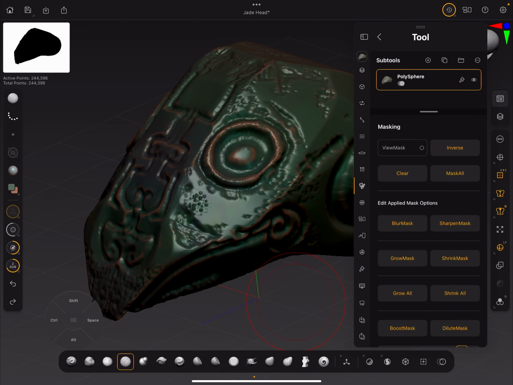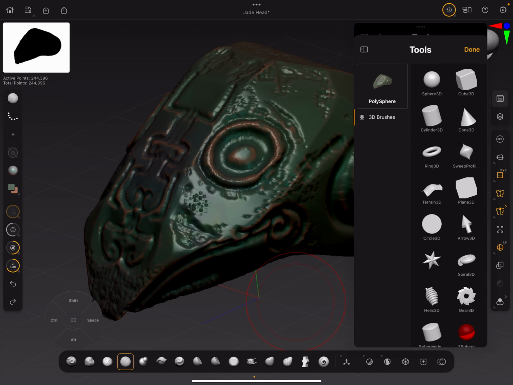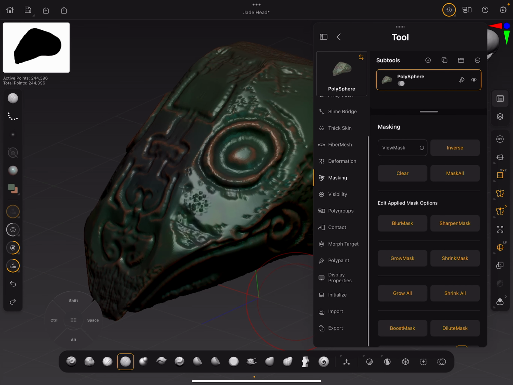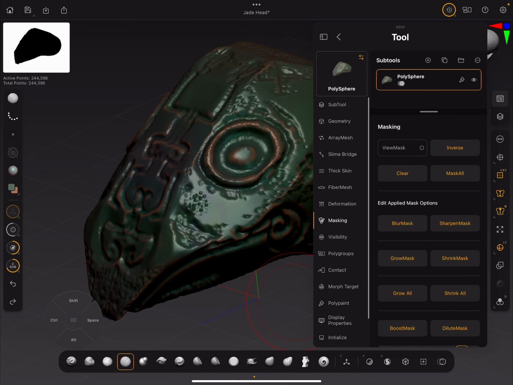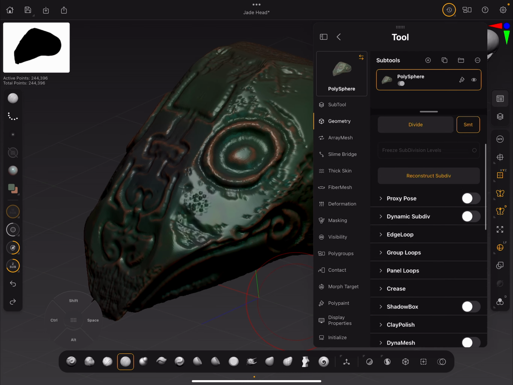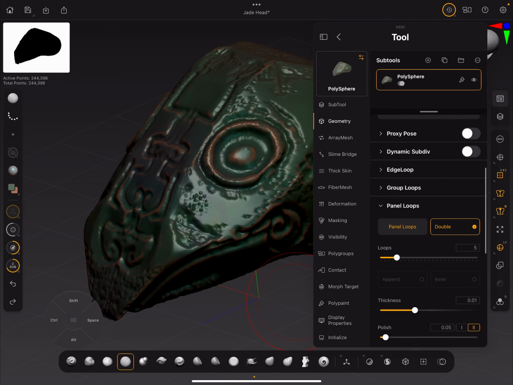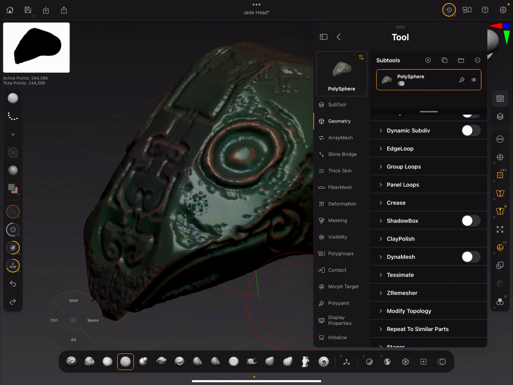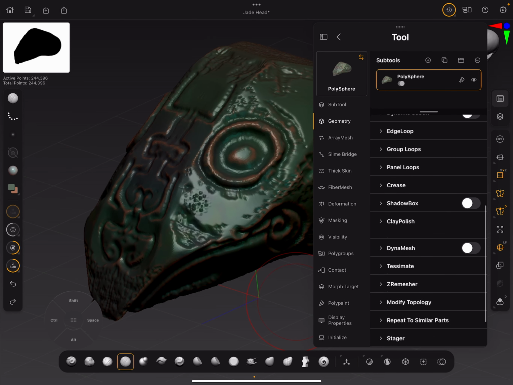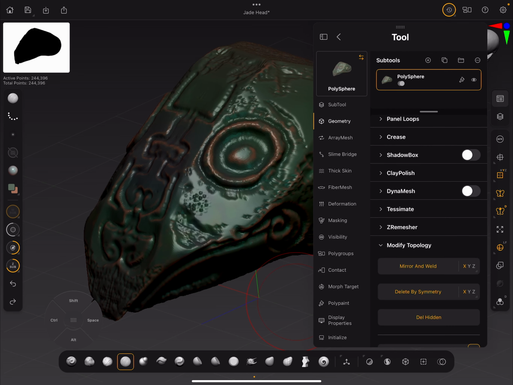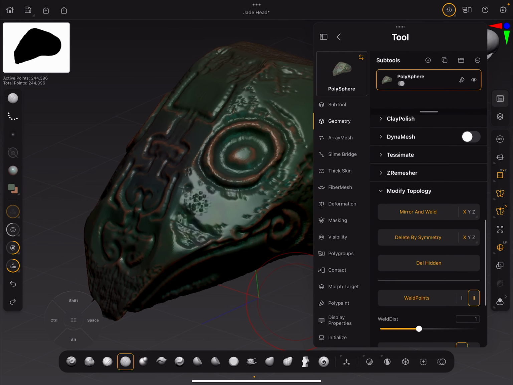Now, in here we've got our tool menu, okay? And if I press this here, where is it? Hang on. Yeah, here we go. We can see the names of everything. So we've got all of these things. So we've got subtools, geometry, dynamic subdivision, edge loop, group loops, panel loops, which is really awesome for clothes and hard surfaces, crease, shadow box, clay polish, Dynamesh, as we've already seen, Tessimate, ZRemesher, modify topology, so you can mirror and weld things,